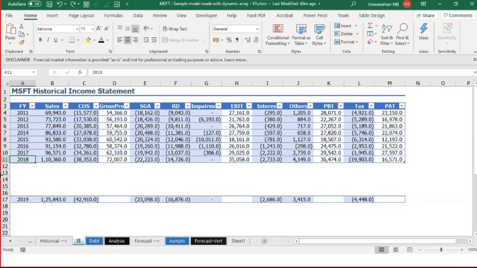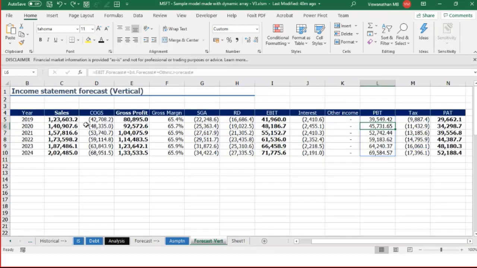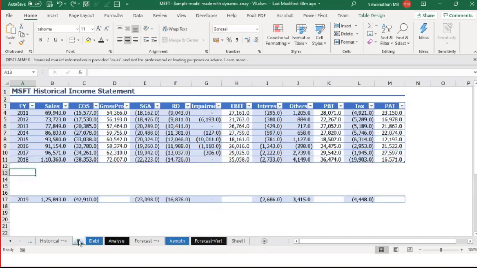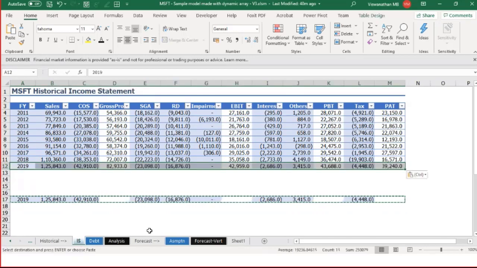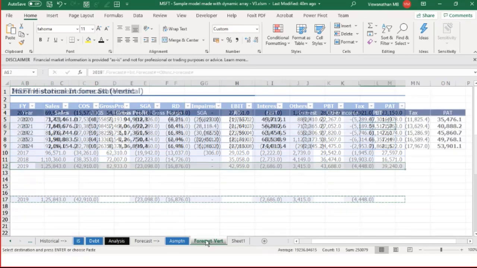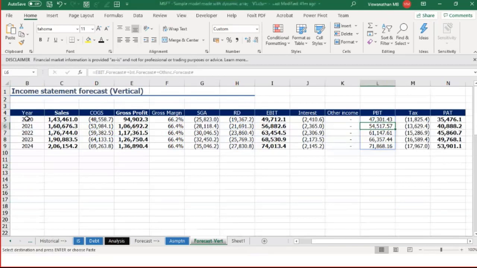I also have the 19 number, but for a moment I'm going to pretend I don't have 19. So my income statement flows up to 18, and my forecast starts only from 19 onwards. When I update my income statement with 2019 numbers, or rather when I add this 2019 to my historical data, I don't have to make any changes to my forecast. My forecast automatically adjusts to start from 2020.